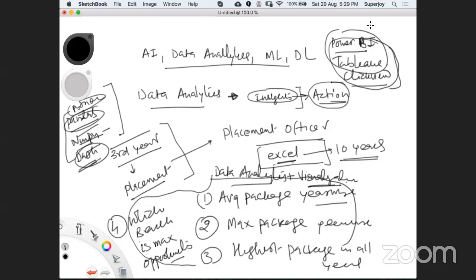What happens, guys? The client always wants to have customization, right? So in that way, you have to write some piece of code as well, right? So a tool is okay, but sometimes there may be a need to write Python code as well. Okay, so that is there, guys.